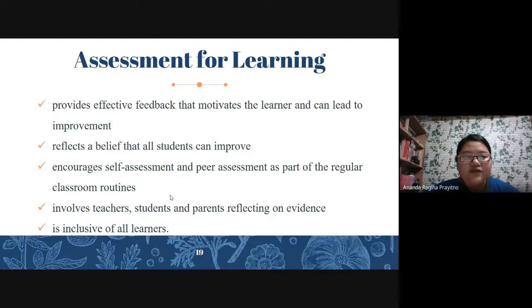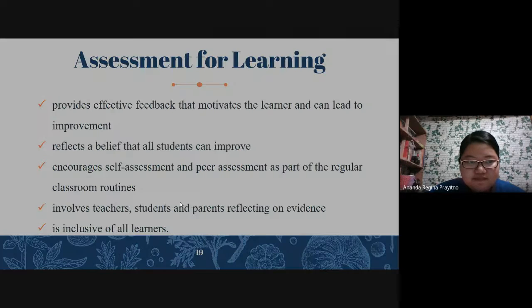So assessment for learning is ongoing assessment that allows teachers to monitor students on a day-to-day basis and modify their teaching based on what the students need to be successful. This assessment provides students with the timely, specific feedback that they need to make adjustments to their learning. Next,